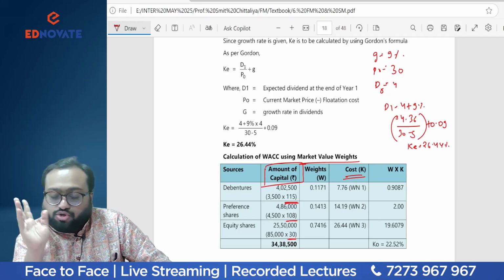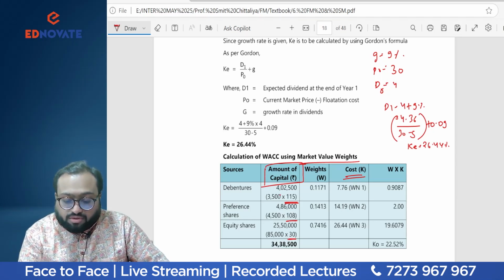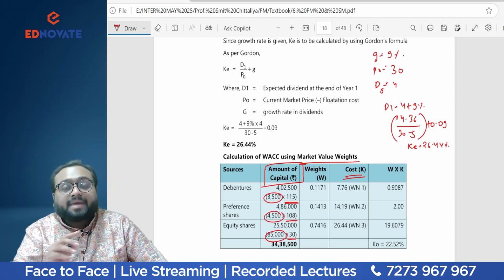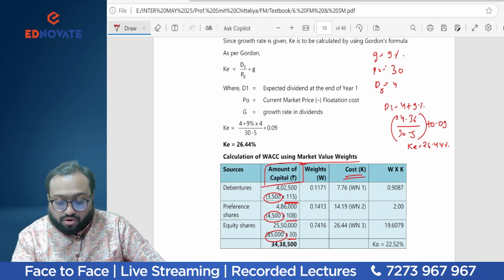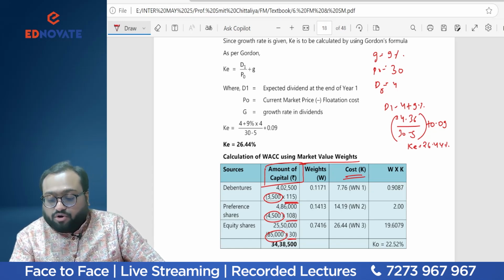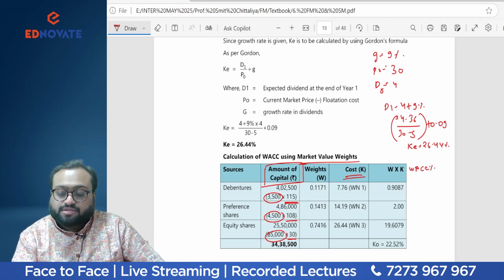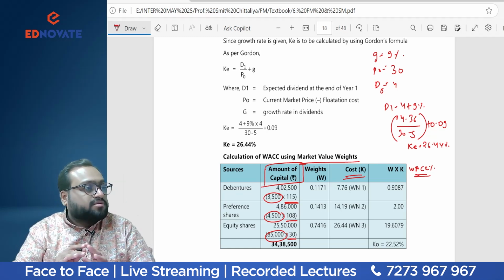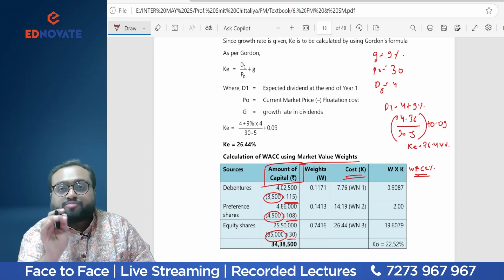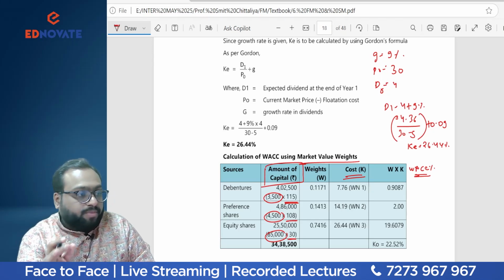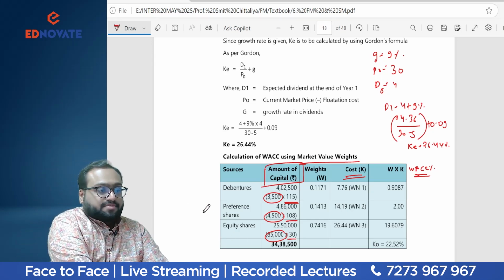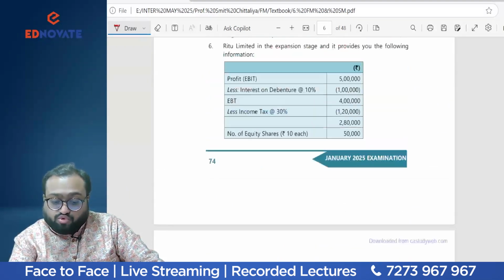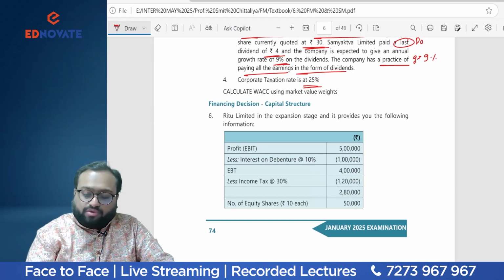Am I right, students? Yes or no? So simply you find out the number of debentures, number of preference shares, number of equity shares, multiply with the market price. You will get the weights, multiply with the cost, and we can calculate the WACC percentage. Simple, very simple sum to do. Nothing to bother much about this. Only small things which I told you to keep in mind should be properly understood. Am I right, students? Yes, students, going to the next question. Now in the next questions, I have seen few students have certain doubts with respect to capital structure.